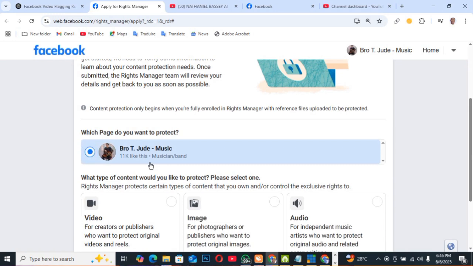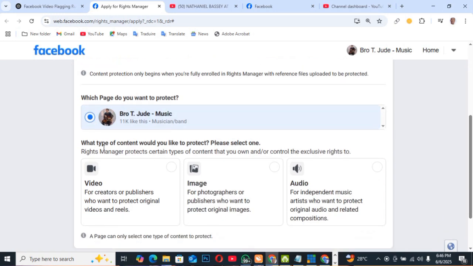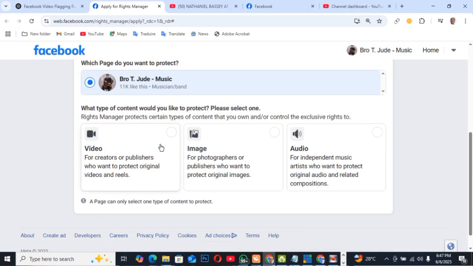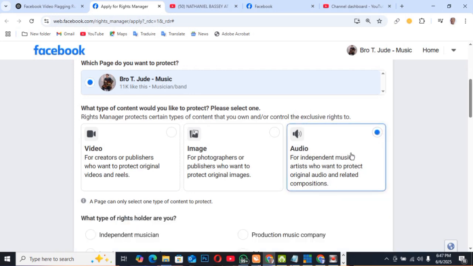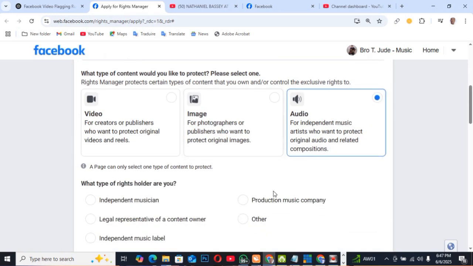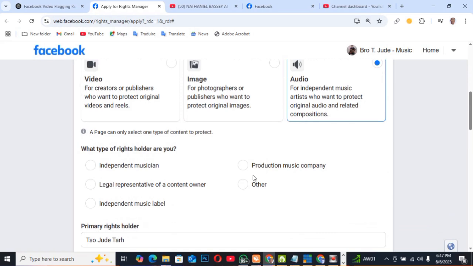So I'm going to select the page, and then they're going to ask you what type of content would you like to protect. What type of content would you like to protect? Please select one. So we have to select just one. So we have video content, which is for publishers or content creators. You have images, which is for photographers, and you have audio for independent music artists. So I'm going to select this one, since this is a music page, and another box opens up, and from here